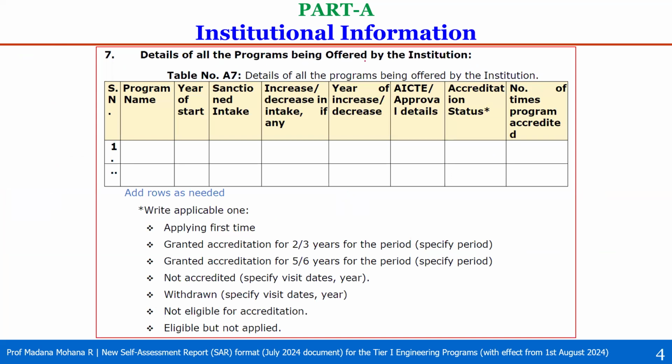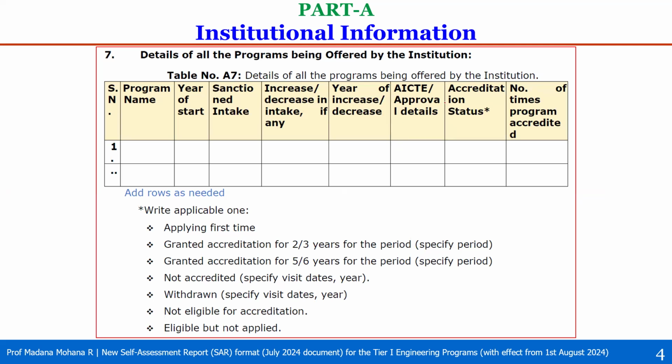In your institution, whatever the programs, UG, PG, all we have to list out in the table below. The table is named A7 because that is the 7th point: details of all the programs being offered by the institution. So first the serial number, program name, year of start, sanctioned intake, increase or decrease in intake if any, and year of increase or decrease. Suppose it increased, then the year of increase. If it decreased, the year of decrease. Then AICTE